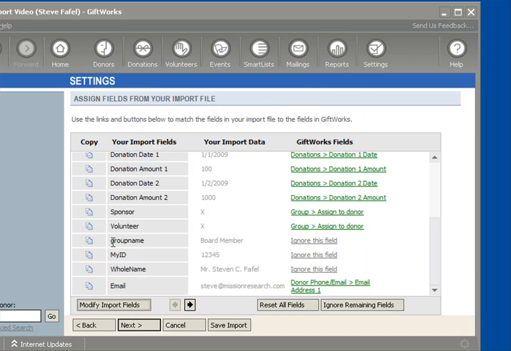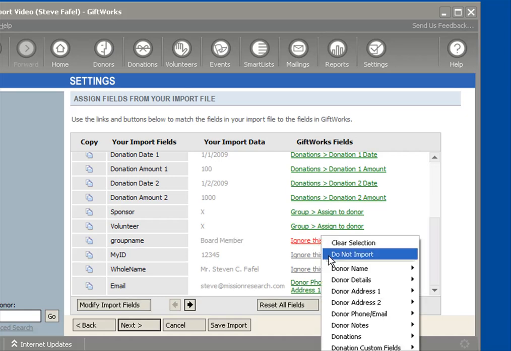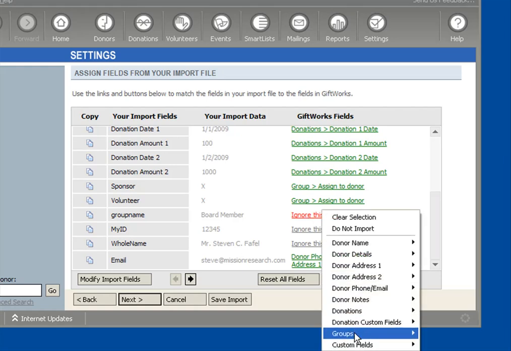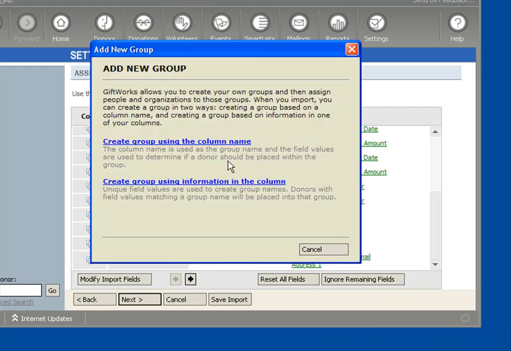Now I come to my third one, this group name column, which if you remember, group name is not the name of my group. The name of the group is actually contained within the data itself. And so I'm going to go ahead and move my video down a little bit. Click on this and come down to groups and say create a new group, but instead of the top option,